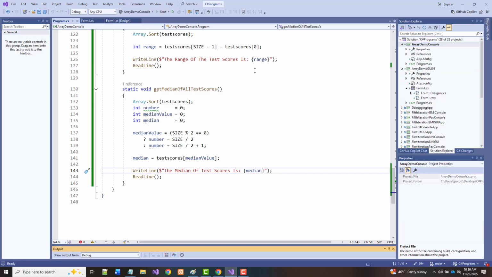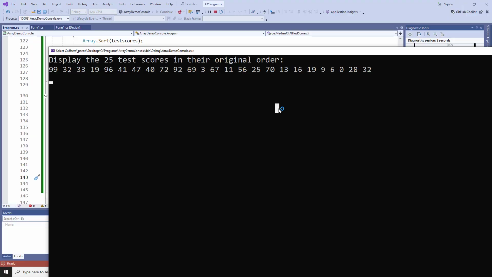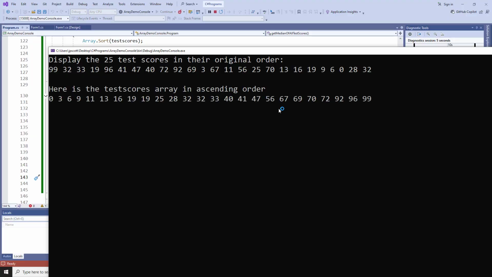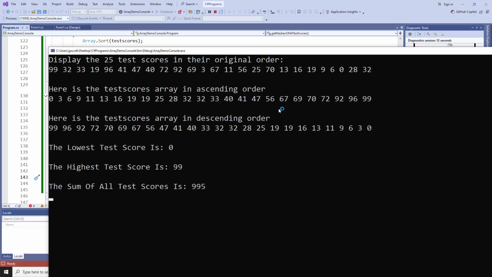Okay, so let's take a look here. I have no errors, and that's a good start. So there's the original. There's ascending. There's descending. There's the lowest. There's the highest. There's the sum. There's the average. There's the range, 99 minus 0, so that's correct. Now, what should happen in here for the median